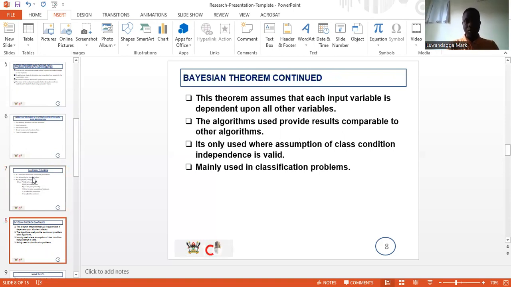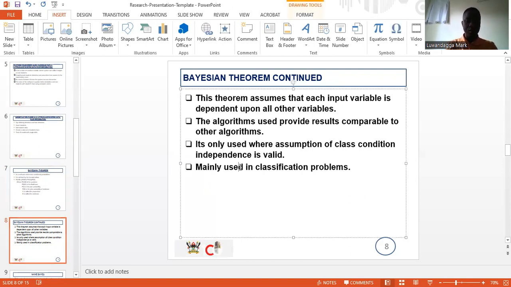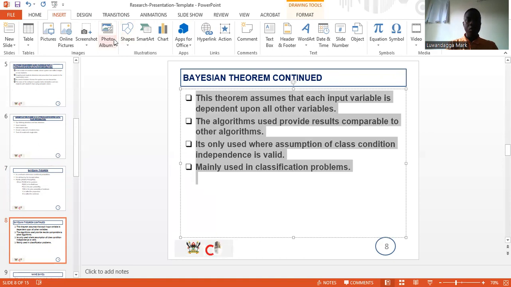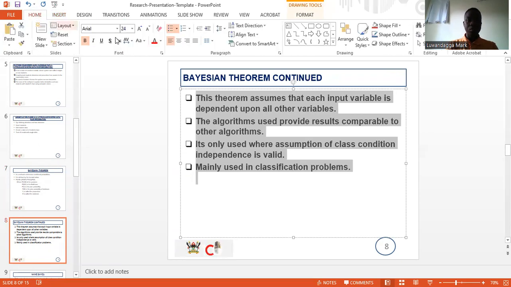So the Bayesian theorem continues. This theorem assumes that each input variable is dependent upon all the other variables. The algorithm is used to provide results comparable to other algorithms. It's only used with the assumption of class conditional independence and is mainly used in classification problems. Apparently, this Bayesian theorem is aimed at